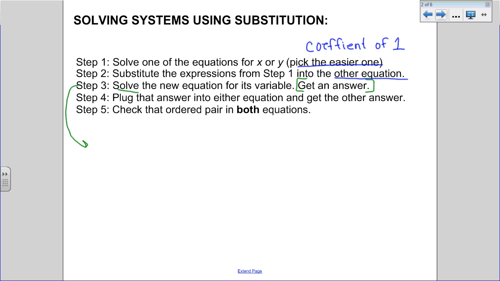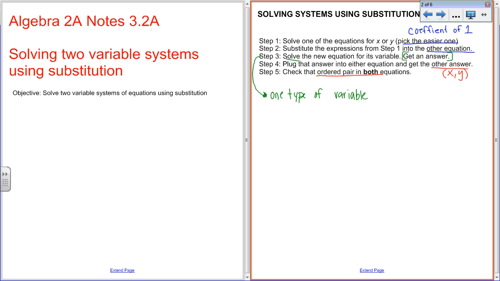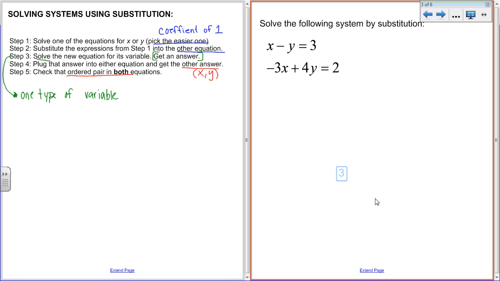What we want to remember here at step 3 is that there's only one type of variable, so either all x's or all y's. Once you get that, you're going to plug your answer from step 3 into either equation and get your other answer. So at this point, you should have an x and a y. You should have an ordered pair because now you're going to check that ordered pair in both equations. So let's take a look and see what this looks like as we go through and solve a system of